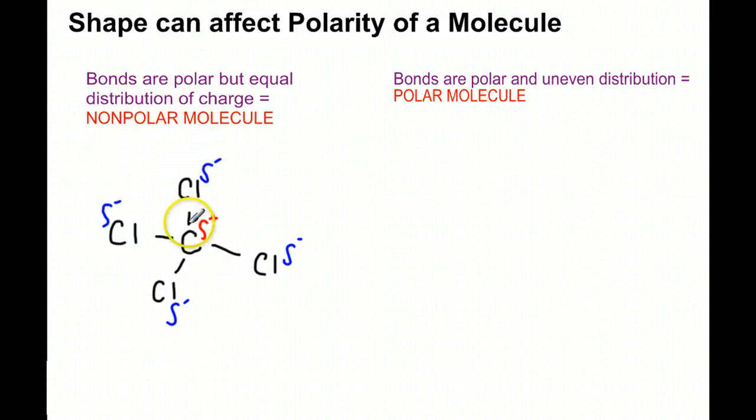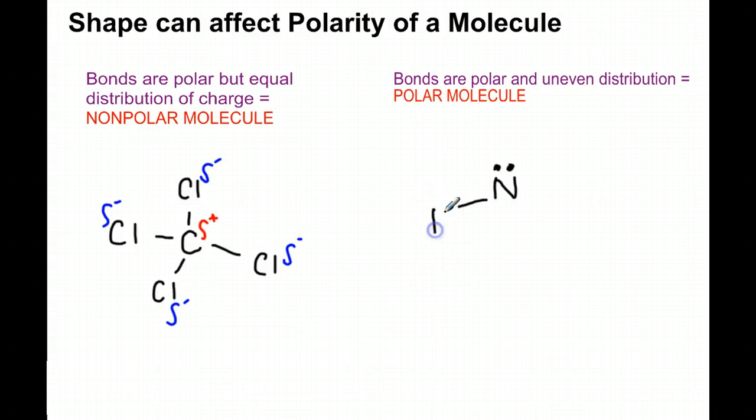So bonds are polar. Each of these bonds are polar because one side's negative, one side's positive, one side's negative, one side's positive. But the entire molecule itself is nonpolar because these guys are spread out equally surrounding that positive charge. So the other example we can have is that the bonds are polar, just like they were here, but they're not distributed evenly around the molecule or around the central element. So we end up with polar, because remember I said polar means that we have a positive end and a negative end to it. So if we use nitrogen